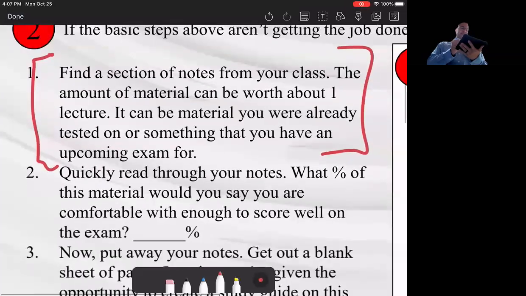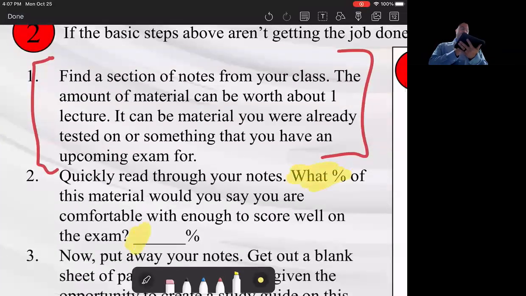Okay. In this case, of that section that you had, what is that percent that you feel as though you know right now after reading through your notes? How confident are you? And go with your gut there, right? Like if you read that section and you read through everything and you didn't stop at any point, you should put a pretty high percent, right?